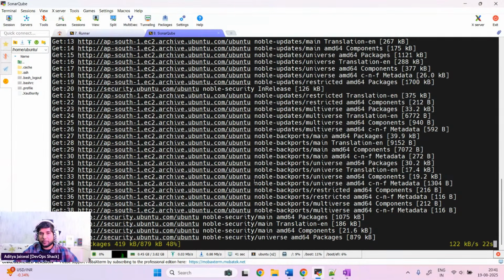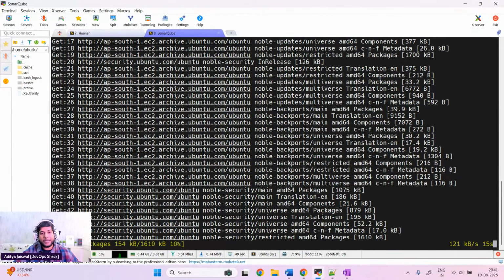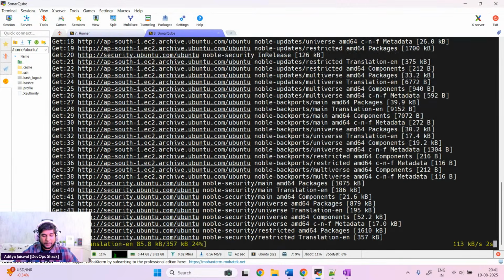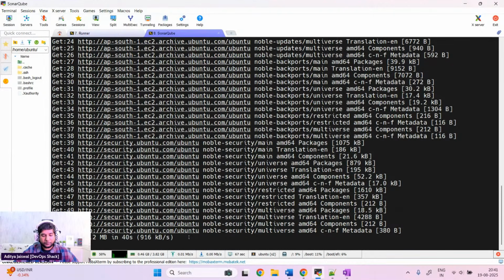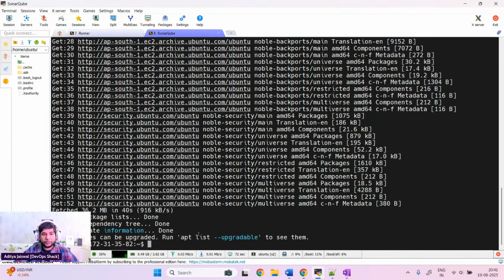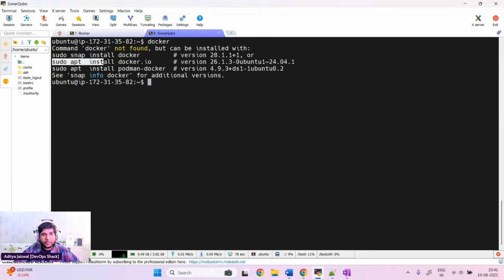And we are going to be setting up SonarQube using Docker because that is the easiest possible way. Obviously, in companies, generally in our project, we used to set up SonarQube inside Kubernetes as pods, but here I'll be setting up using a Docker container. So let's wait for this to complete. Okay, this is done. So first let us install Docker, and I can check Docker is not present, but we